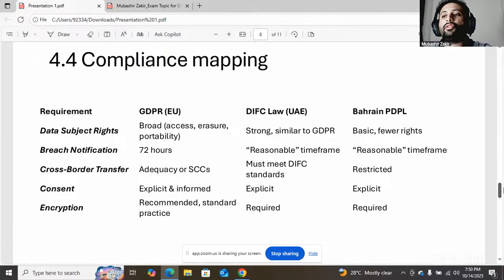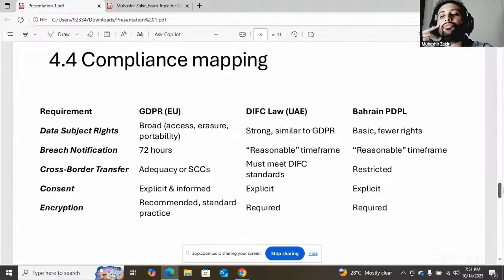In DIFC law, which is the UAE law, the data subject rights are strong, similar to GDPR. In Bahrain, they are a bit fewer, a basic level. The breach notification for GDPR is 72 hours. For DIFC law, it is a reasonable time frame, and for Bahrain PDPL, it is also a reasonable time frame.